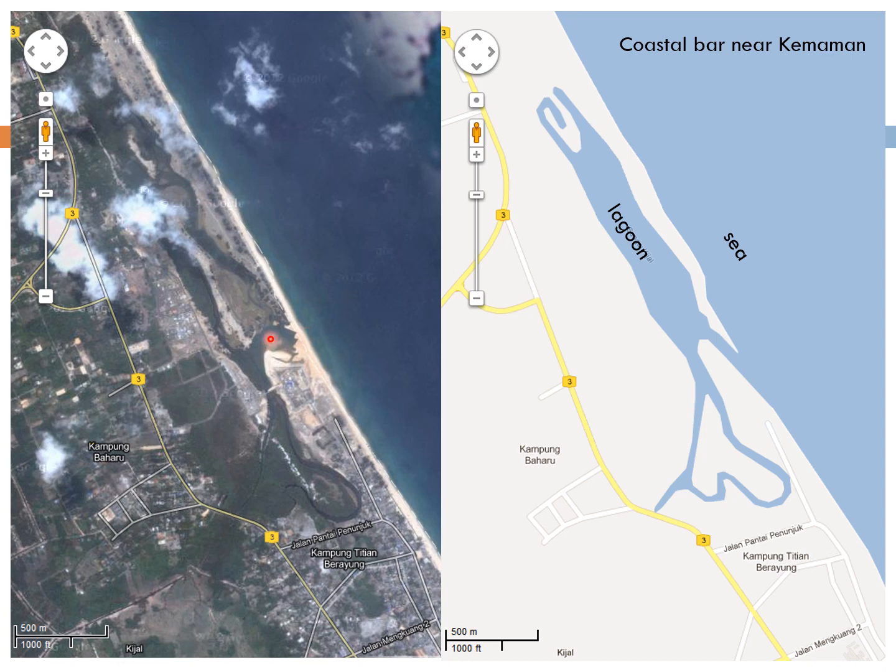The lagoon is connected to the sea at this location over here, but clearly what we can see from the Google Earth image is that there is a coastal bar which has blocked the exchange between the lagoon and the sea, although this has not been correctly digitized by the Google map, which is